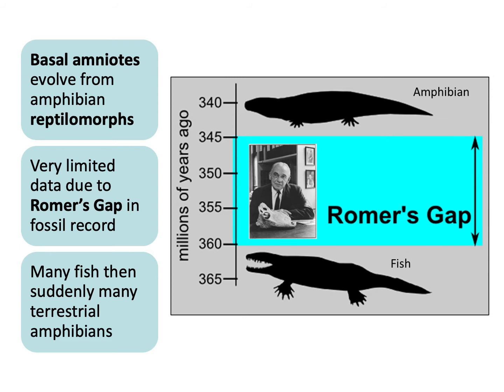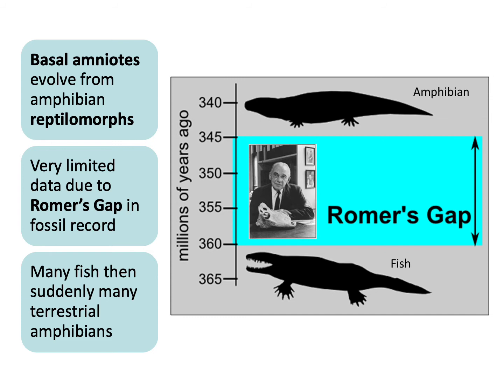So we're talking about sort of lower on the amniote phylogenetic tree. But when exactly this took place, we're not sure. And the reason is because there's about a 25-year gap in the fossil record. And we call this Roemer's gap, named after Alfred Roemer, who was an American paleontologist in the 60s, who first